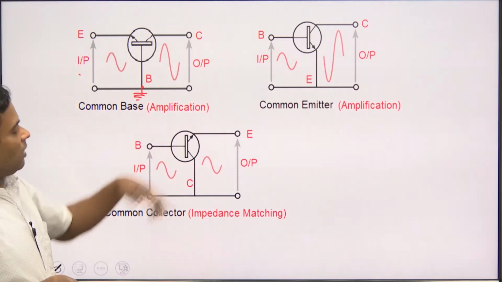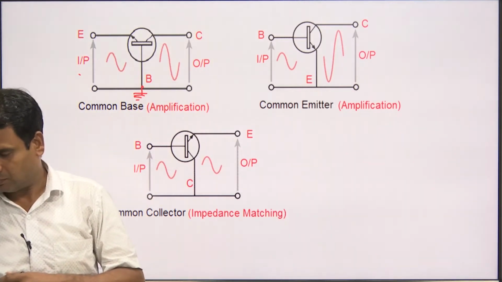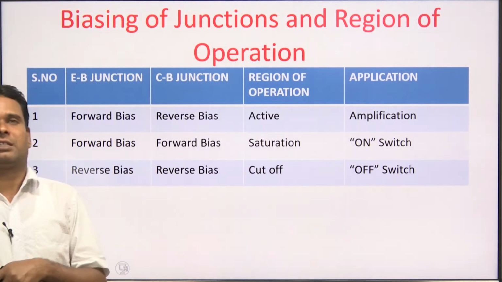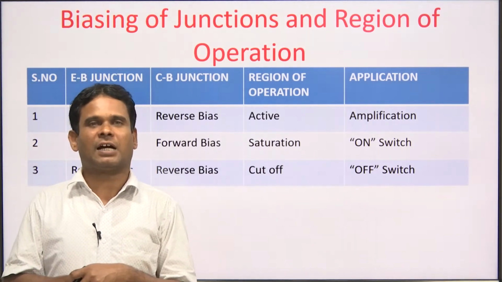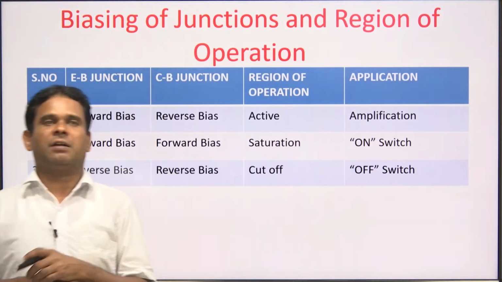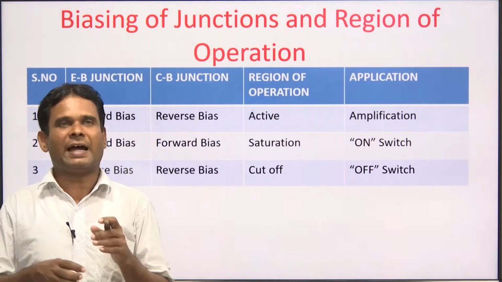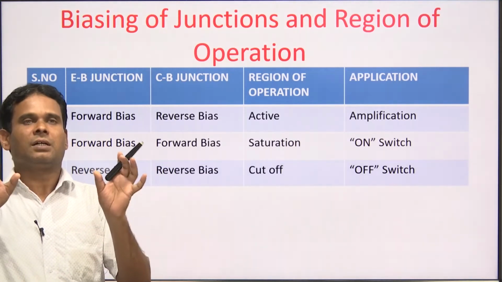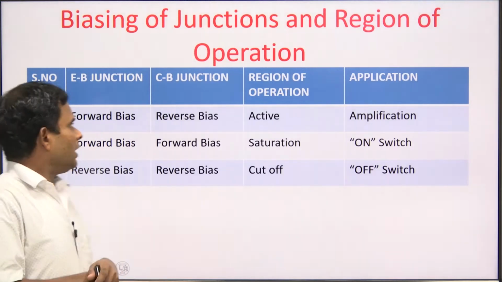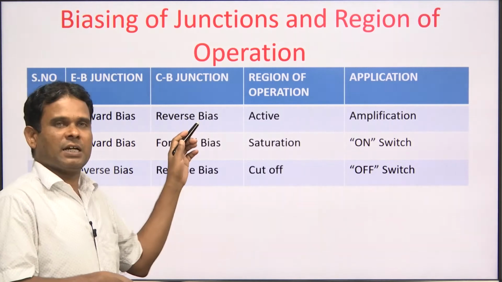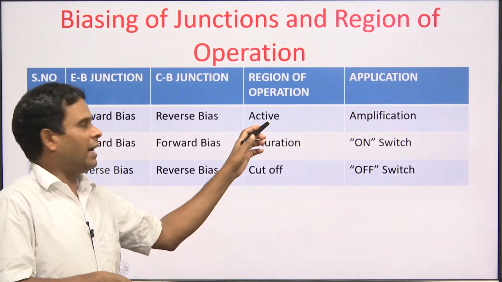So this is all about the connection of the BJT. Since there are two junctions, one junction is in between the collector and base and the second junction is in between the emitter and base. There are two junctions, so there are four possible biasing combinations of the junctions. Now, if the emitter-base junction is forward biased and the collector-base junction is reverse biased, this is called the active region,